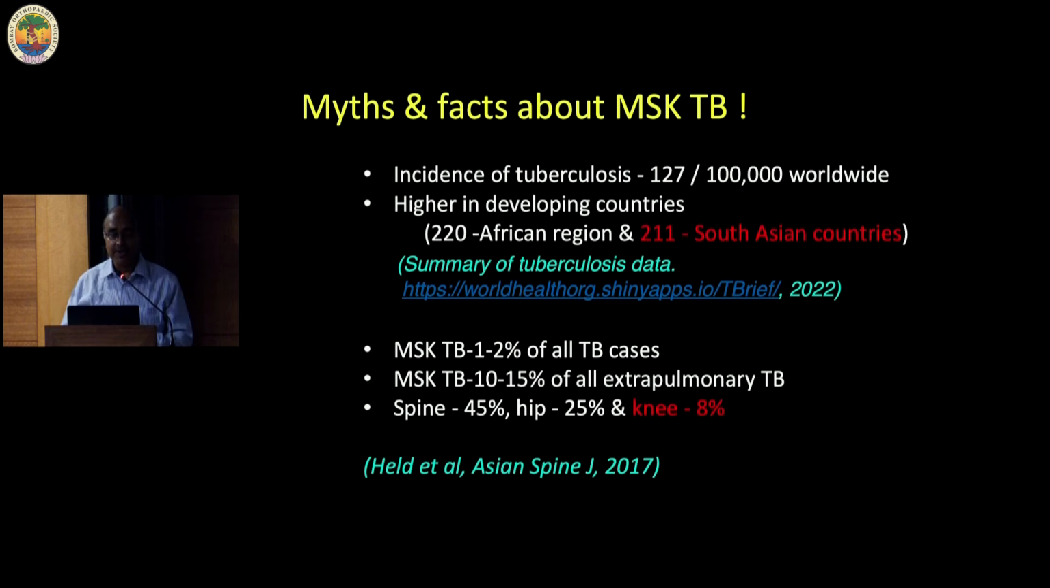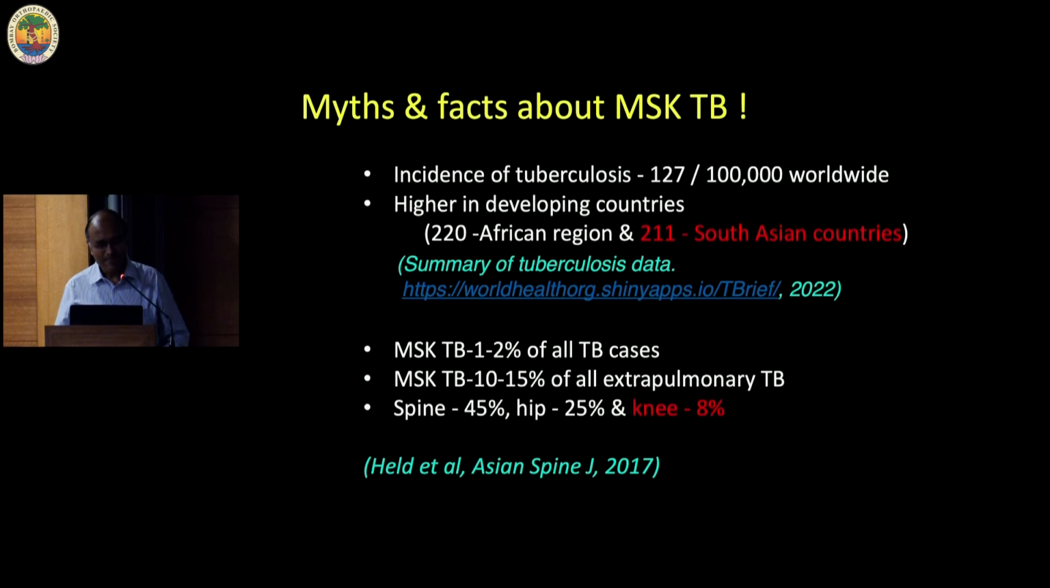For example, in African countries, the number is 220, and in South Asian countries like India, it is 211 per 100,000 population. And if you see musculoskeletal tuberculosis, though it is about 1 to 2% of all tuberculosis cases, it involves around 10 to 15% of extrapulmonary tuberculosis, and spine is the commonest site. That's why it has been presented first today, followed by hip in 25%, and knee is the least common site, that is 8%. That's why it is the last lecture today for total